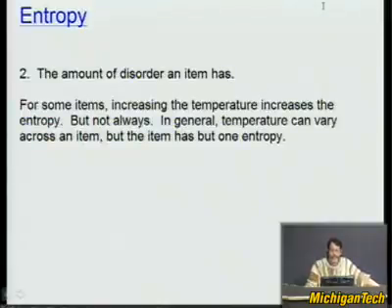And so physicists can try to accurately portray what that means. What does the amount of disorder mean? And so there are mathematical ways of coming to terms with that. Typically, one way to picture it, although it can get you in trouble, is that objects that have higher temperature typically have increased entropy. Not always. In general, temperature can vary across an item, so you can have a ball, and the left side of the ball could be hotter than the right side of the ball. Temperature really is a measure of how fast particles are moving, but a whole item should have one entropy that's measured for it.